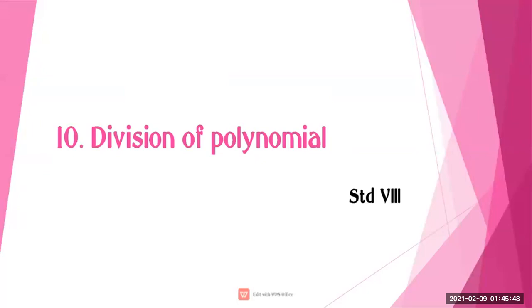Now I will tell some polynomials. You are going to identify which type of polynomials they are. My first question is 3p cube minus 2p square plus 4p plus 7. This is which type of polynomial? Very good. It is more than 3 terms... that is trinomial. Very good. Now the second.